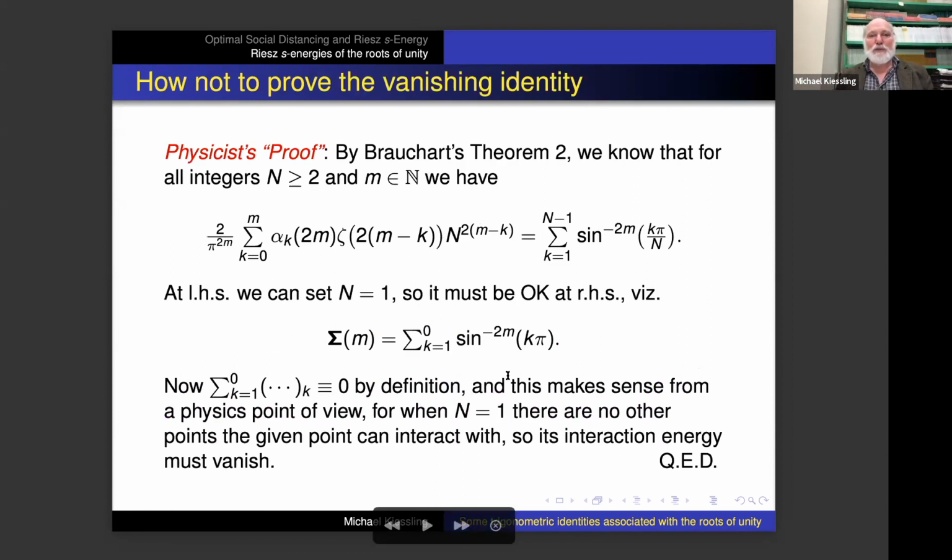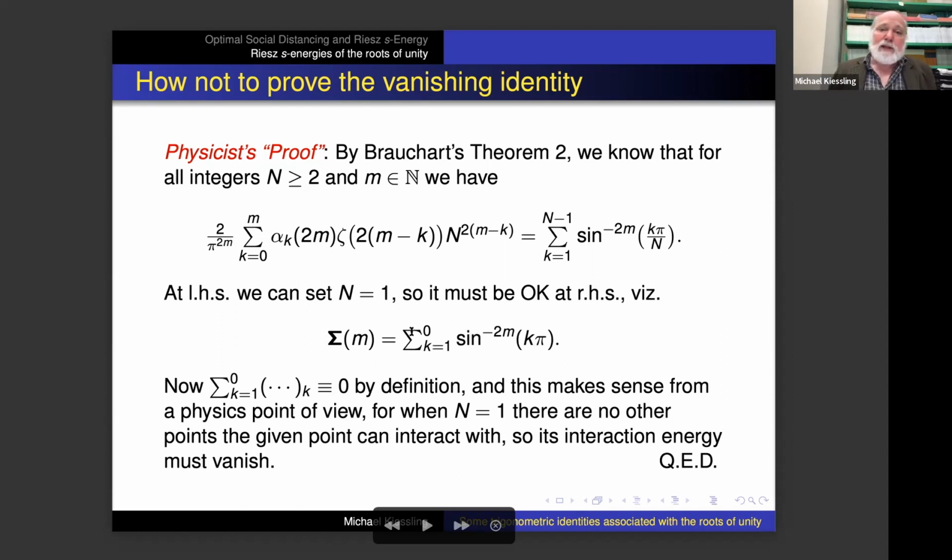So here's first the physicist proof, right? So, okay, Brauchart proved that this is true for all n bigger or equal than 2. And on the other hand, the left side is a polynomial. So that is also well defined when n is 1. So, well, then that must be okay also on the right side, right? Why not? So if you set n equals 1, though, then you get this expression, k equals 1 to 0. Of course, this is bad, right? If k is 1 here, then it's 0, and 1 over 0 to some high power, or k equals 0